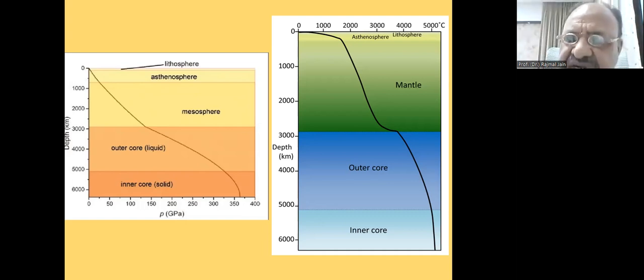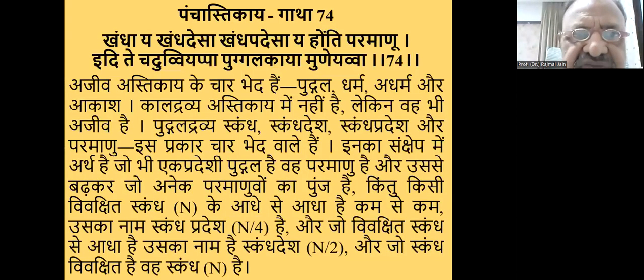Now, this is the definition as per the science. Now, what does Jainism say about our Earth, that is Prithvi? It's wonderful that Jainism says that the whole Earth is basically from non-living material, that is Ajiv, and it is a physical structure, that is Astikaya. And it says that for Ajiv Astikaya there are four different types, which I have already told you, but I would like to tell you from Panchastikaya,